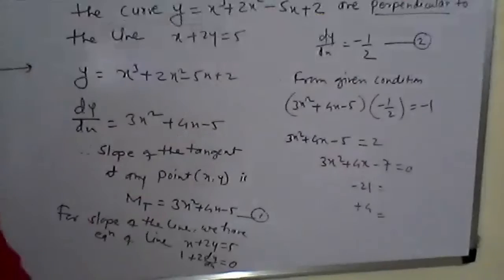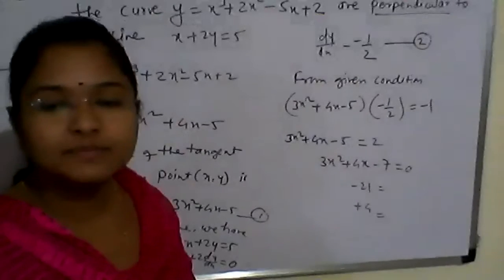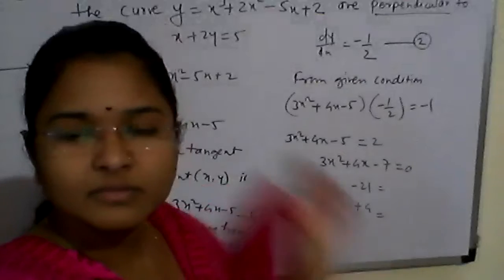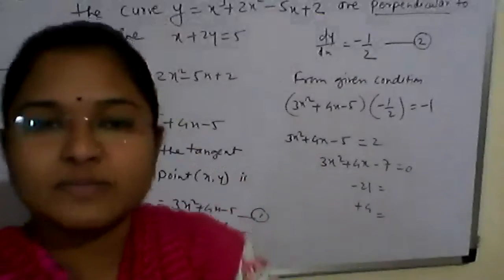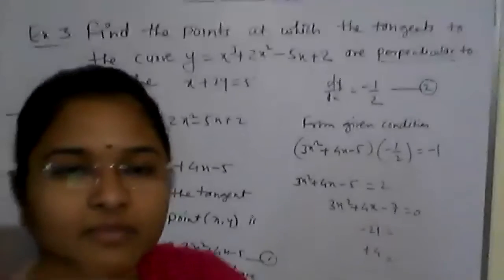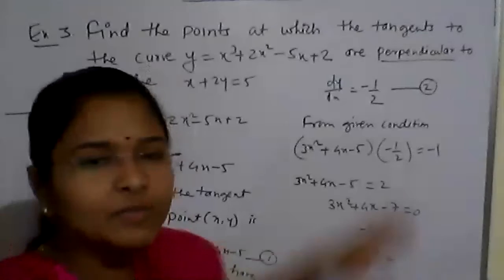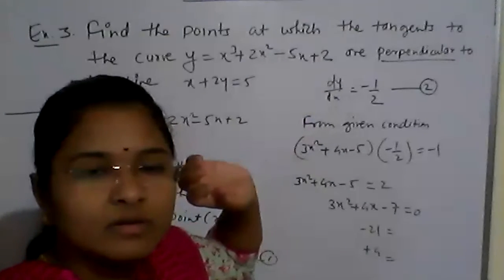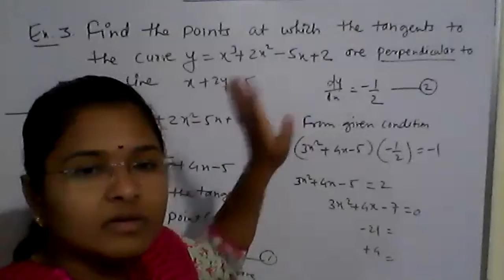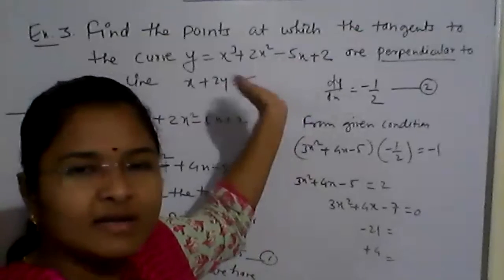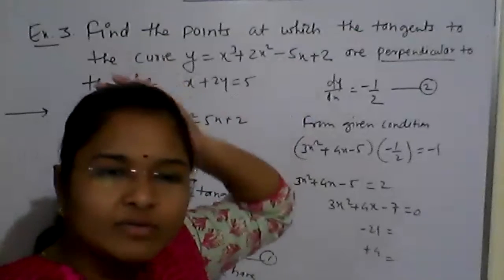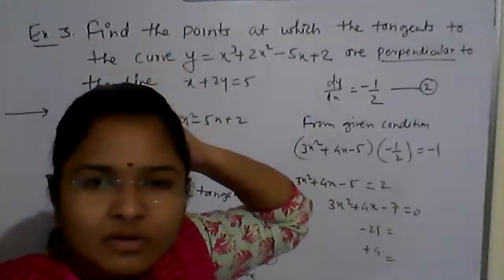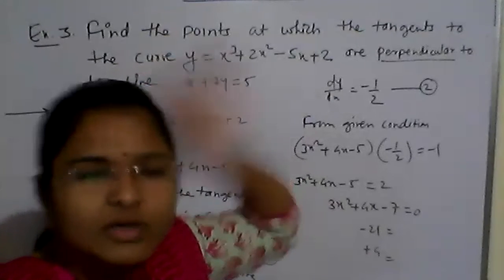Can we take 7, minus 3? Ma'am, what kind of a curve is this? What kind of curve means? Ma'am, circle has degree x square, parabola also has x square, ellipse also has a degree of 2. This is having cube, so what kind of curve is it? It is a cubic polynomial you can take now. Generally, all regular curves have degree 2. This one has 3.